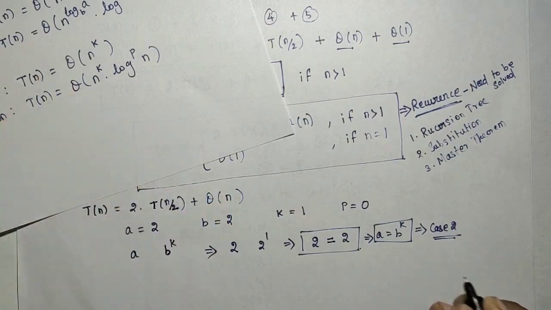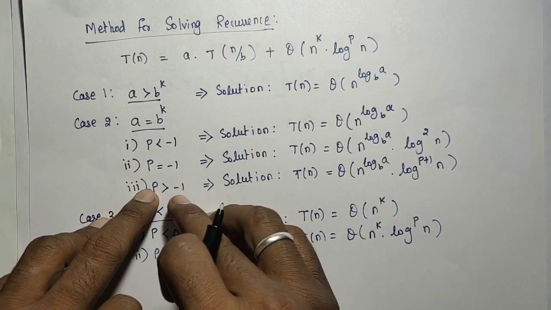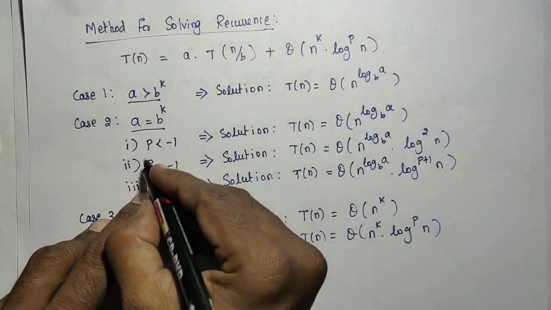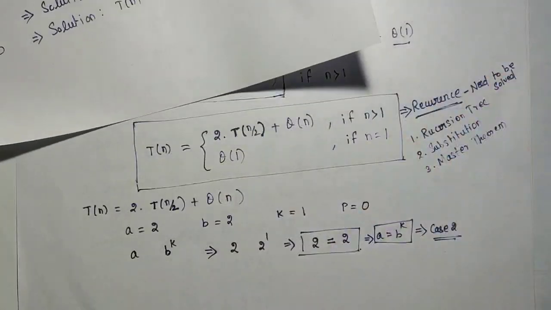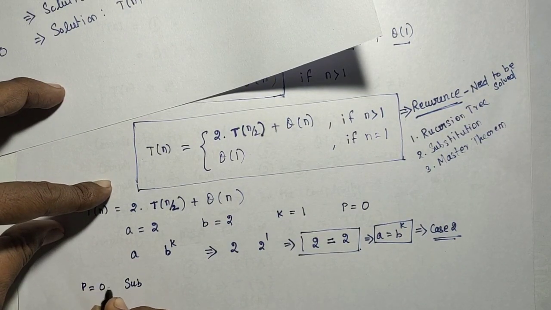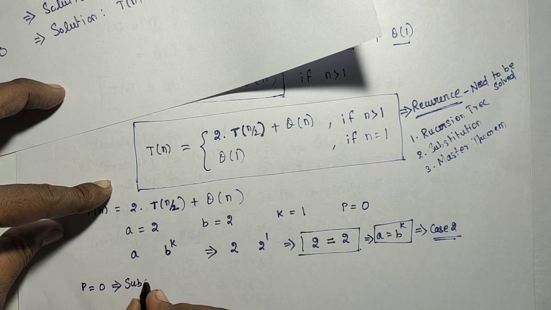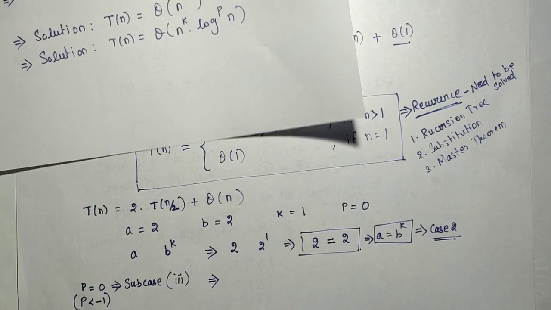So in case 2 there are 3 sub cases, depending on the p value. The p value in our case is 0, which means p is greater than -1. So that is subcase 3, since p equals 0, and subcase 3 will be chosen. Otherwise, p is less than -1, which is a different subcase. So in subcase 3 the solution is,